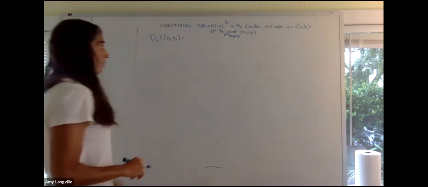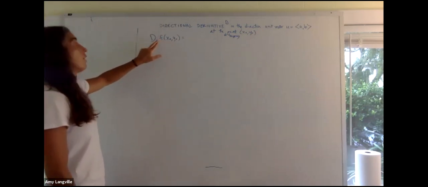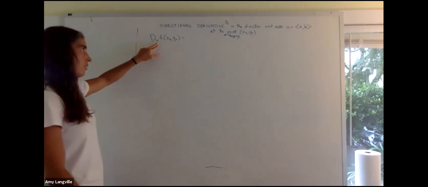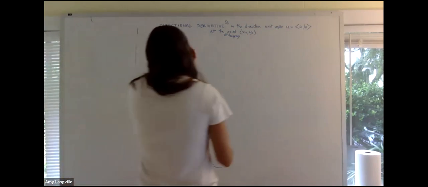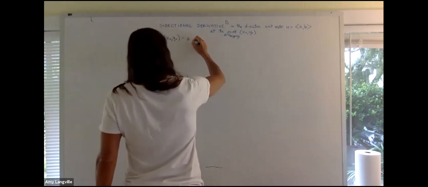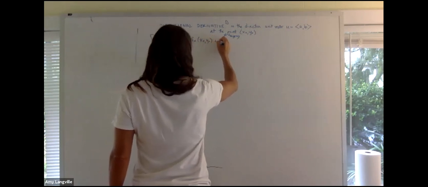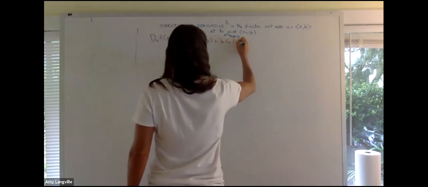We'll do it at the point x naught, y naught for our function in the direction of u, which is a unit vector. And this is the formula. And it turns out it's just a weighted average of your partials. It's a times f sub x at the point x naught, y naught, plus b, that's f sub y, at x naught,